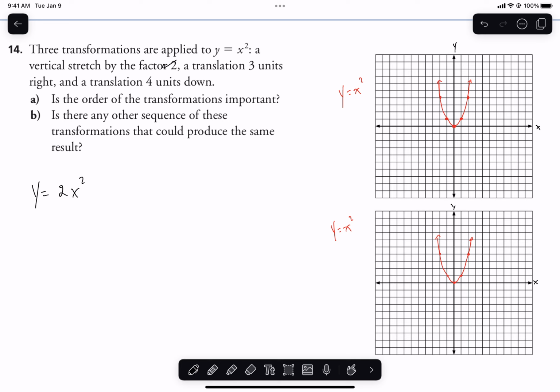The translation 3 units right, so now that's going to look like this: 2(x minus 3) squared, and then a translation 4 units down, so minus 4. Okay,